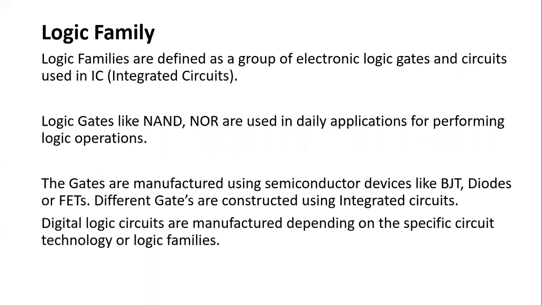And then we get the function of that operation. Now we have studied various types of gates. We have studied basic gates, that is AND, OR, and NOT. We have also studied combinational gates, that is XOR and XNOR. Then we have studied universal gates, that is NAND and NOR. Why do we call them universal gates? Because with the help of only one particular type of gate, we can get the result of any operation.